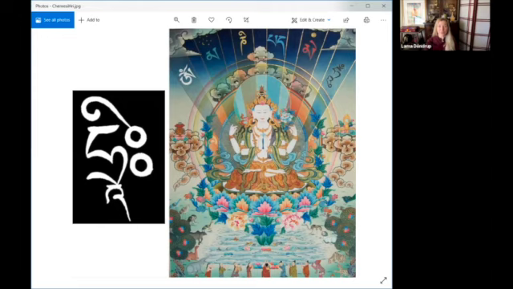So kind of seeing in your mind's eye, we're going to be visualizing him above the crown of our head in our mind's eye. And his seed syllable is a hri, and that's what you should see there on the left side. To the left of Chenrezi is the seed syllable hri. He first arises as a hri and then changes into Chenrezi. And if that hri is too complex at this point to visualize, you can just visualize a white sphere of light.